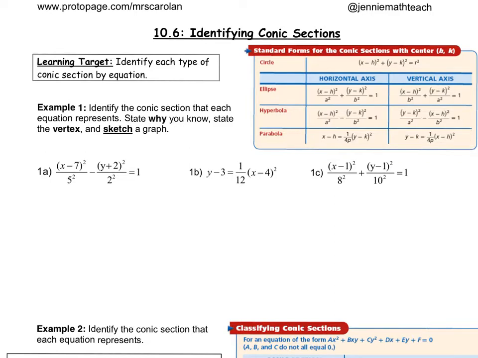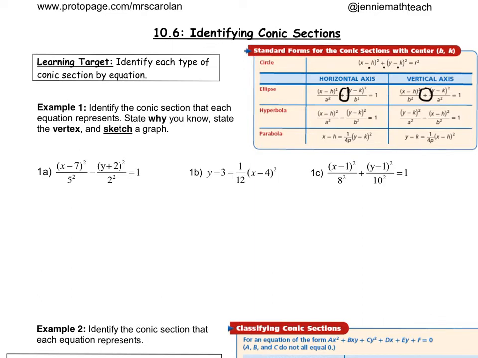All right, we're all done learning all the sections. Now all we have to do is be able to look at an equation and tell which conic section it will be. So we've been talking about the differences among the equations this whole time. You guys like the circles because they're not usually divided by anything. They equal the radius squared and they have a plus sign. The ellipses have plus signs,